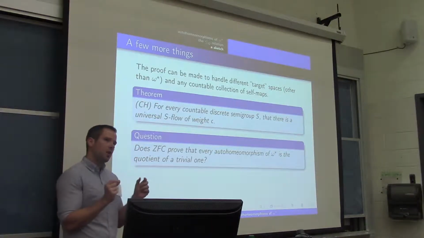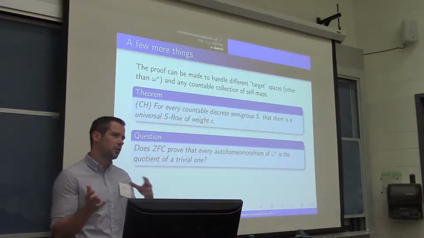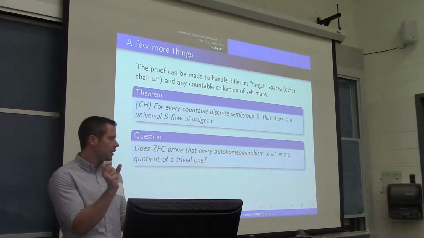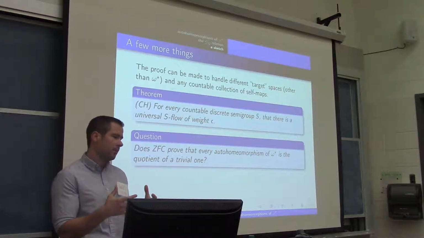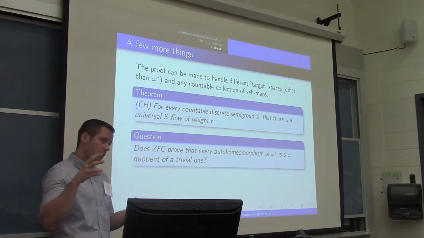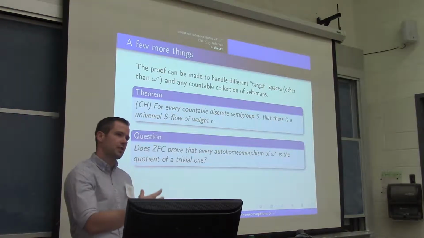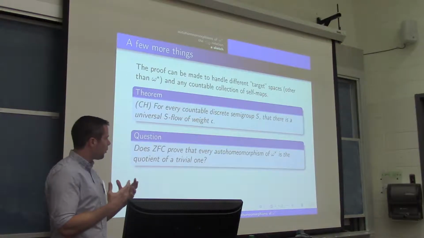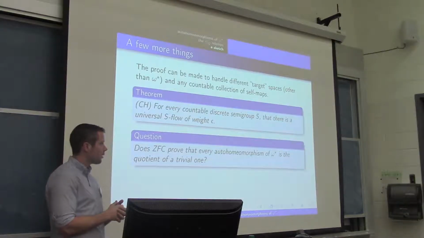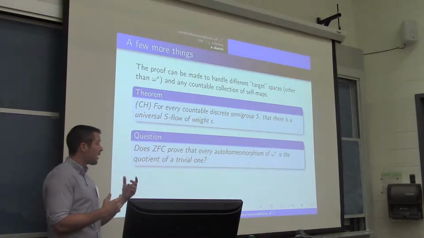proving that this is true in the two models I mentioned are extremely different, right? It's true in both models, but for completely different reasons. It's true under PFA because there are so few autohomeomorphisms. It's true under CH because there are so many quotient mappings. Because no matter how bad we try to build an autohomeomorphism, we can always make a quotient mapping from a trivial autohomomorphism that has enough badness to catch it in some sense. So on the one hand, it seems like this should be just a coincidence that this is true in both models. On the other hand, it seems to me that it could be fairly difficult to get a counterexample and